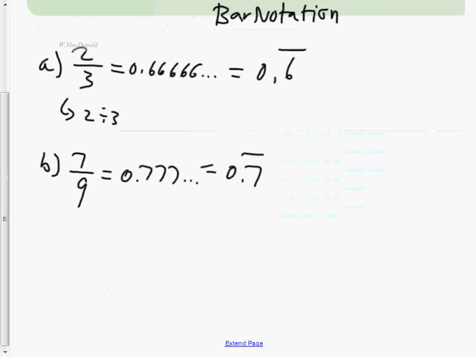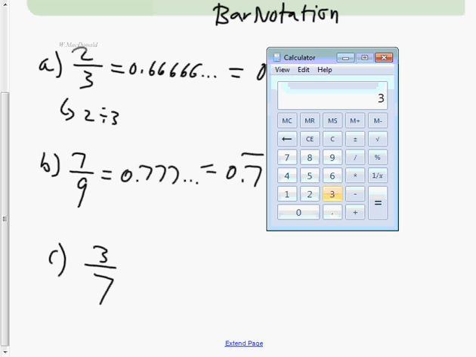Now one of my favorite ones, it's not on there, but we're going to put it here anyway. Let's go with 3/7. This is an interesting repeating decimal. So if I take 3 and divide it by 7, I get